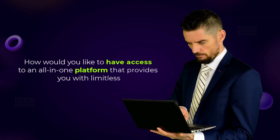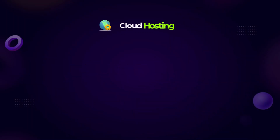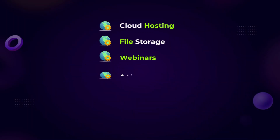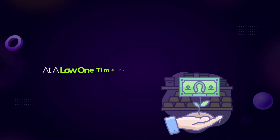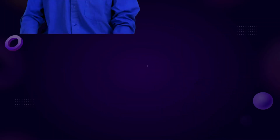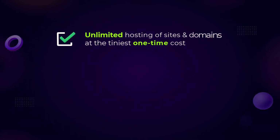Would you like to have access to an all-in-one platform that provides you with limitless cloud hosting, file storage, webinars, autoresponder, funnel building, and graphic design for all your sites at a low one-time price? Imagine if in minutes from now you could enjoy unlimited hosting of sites and domains at the tiniest one-time cost,